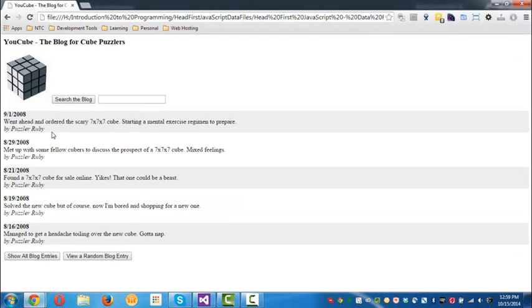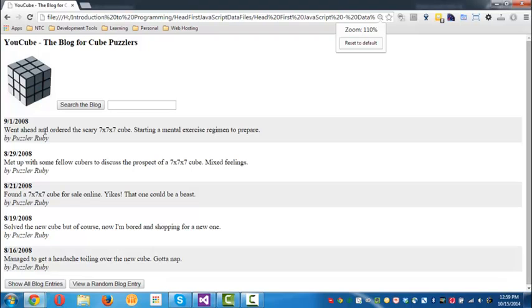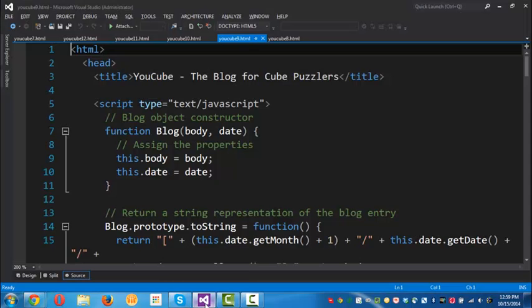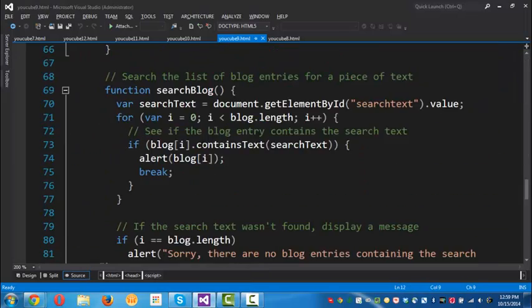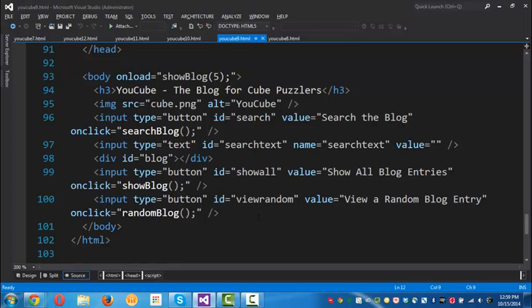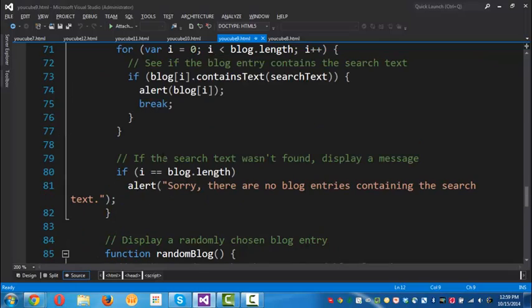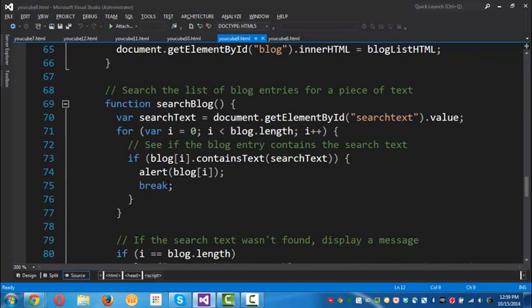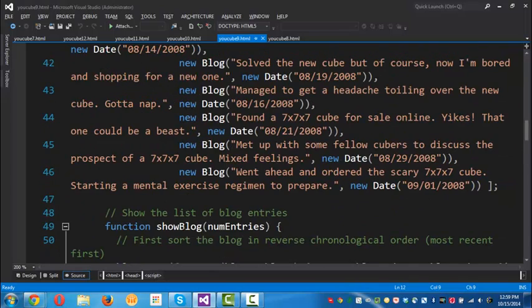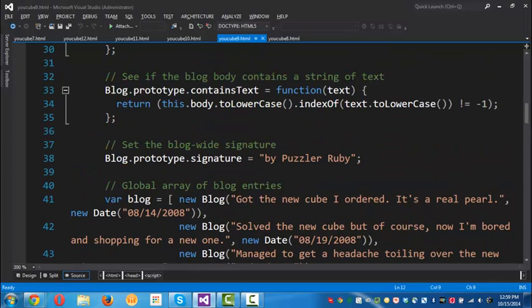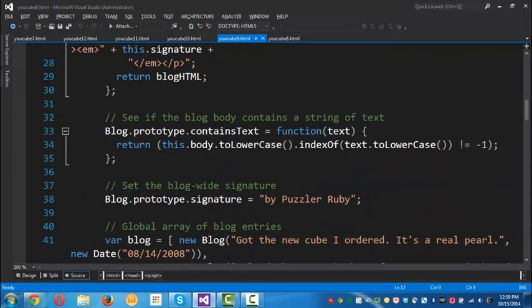So in this one we added, make it just a touch bigger, we added this little signature by Puzzler Ruby. Let's take a look at that and see how we did that. So the constructor is the same. Let me scroll down to the HTML. The HTML is the same as it was before. Random's the same. Search blog's the same. Okay, and the actual show blog is the same, and so is the blog itself. What we did was we added this item right here: